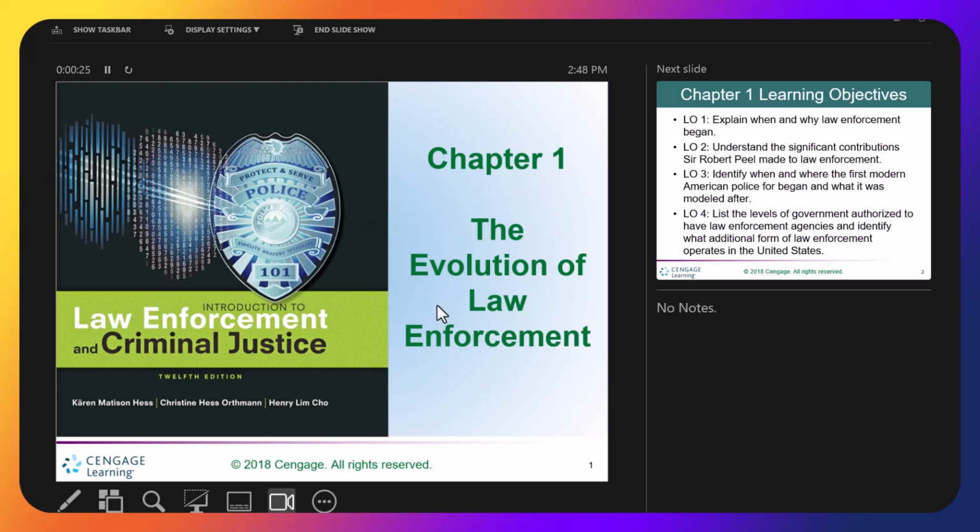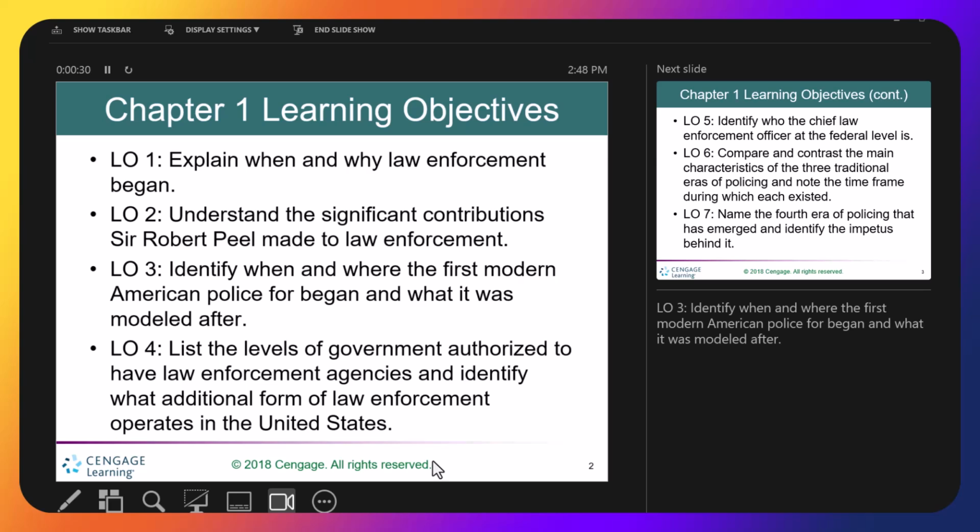Chapter 1, the evolution of law enforcement. So when we look at the learning objectives: one, explain when and why law enforcement began; understand the significant contributions of Sir Robert Peel made to law enforcement; identify when and where the first modern American police forces began and what for; list the levels of law enforcement; list the levels of government authorized to have law enforcement agencies; identify what additional forms of law enforcement operates in the United States;